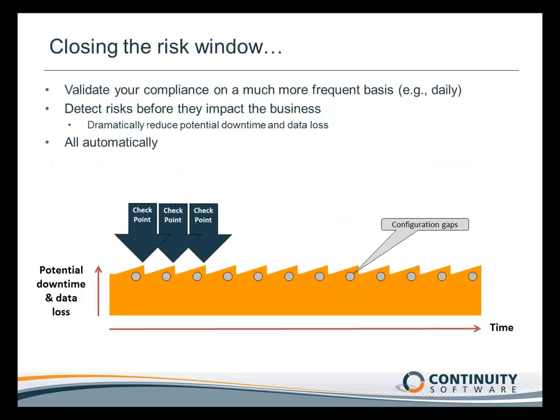So ideally, as I said, even if you manage to bring it down to once every quarter, quadrupling the amount of work you do, it's still not going to get you close enough to bridging the window of risk. In order to close the window of risk, we must have a new way of measuring our readiness and identifying our risks. So ideally, what we would like to achieve is a state in which we can have daily checkpoints,